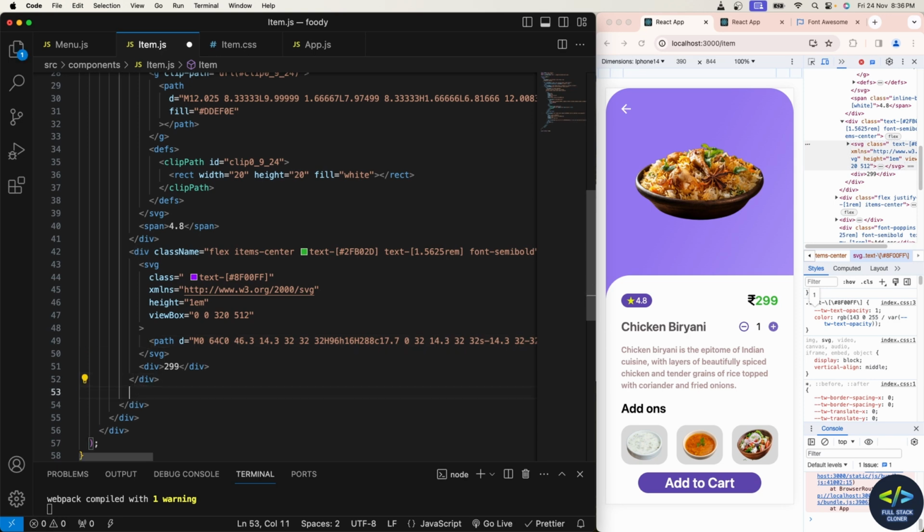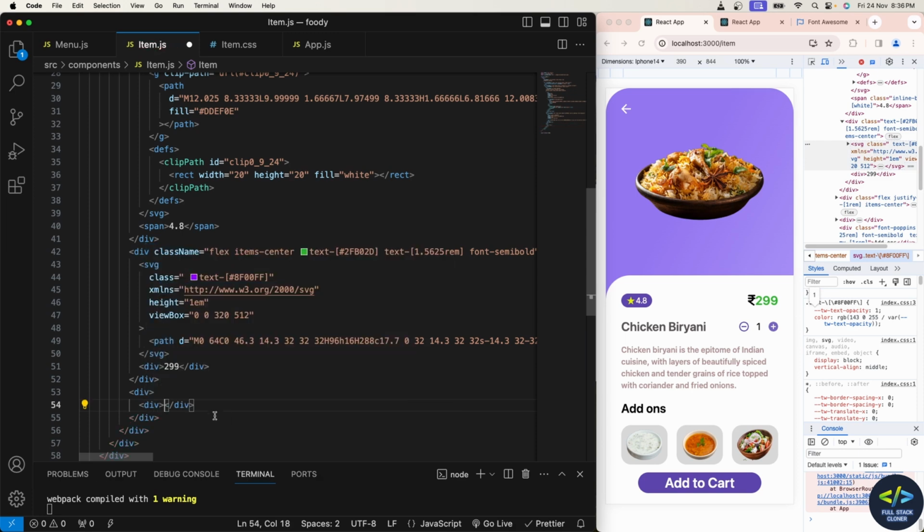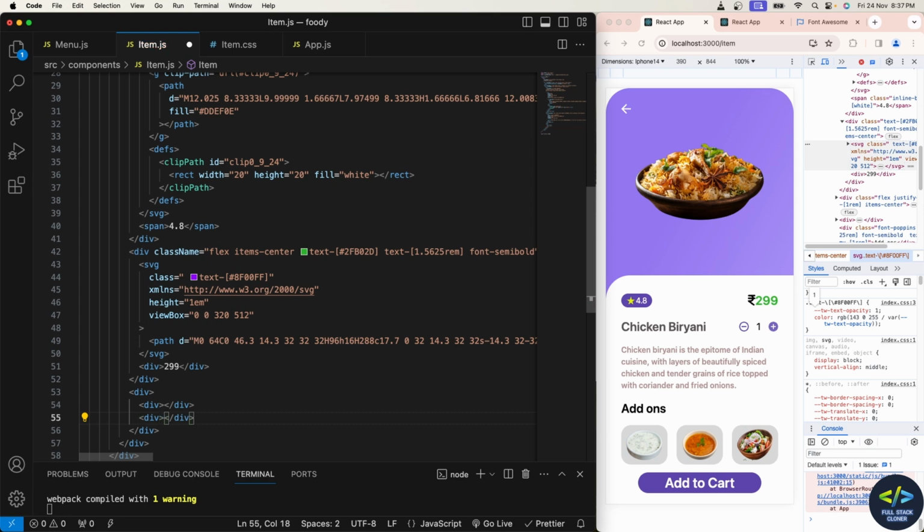So here, again one div is for chicken biryani and one div for, suppose I'll write as minus space 1 plus, and here I write it as chicken biryani,